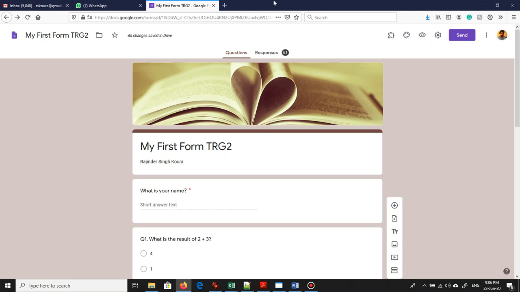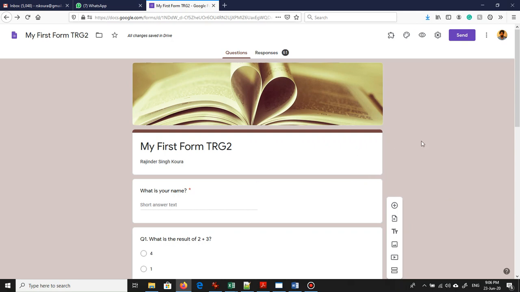Okay, I will continue now. I've removed all the sections that we had created in the morning today. I will teach you how to delete the sections tomorrow. If you have created a section and it has not been created properly and you are in trouble there, then you create questions somewhere else, whereas the questions are already there on your form. Okay, I'll teach you how to remove sections tomorrow.